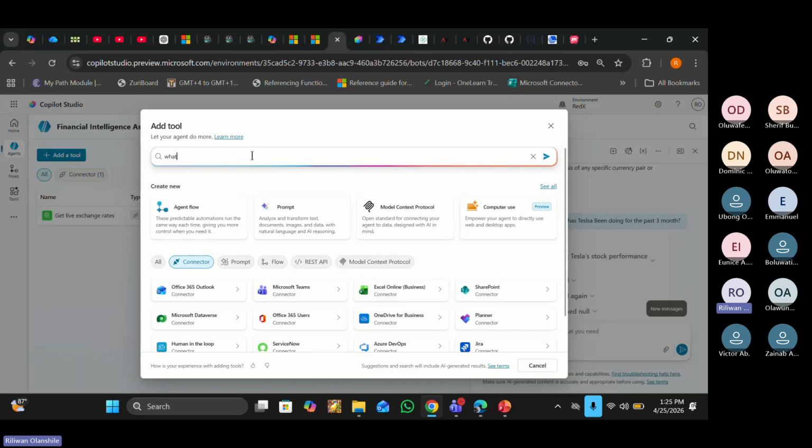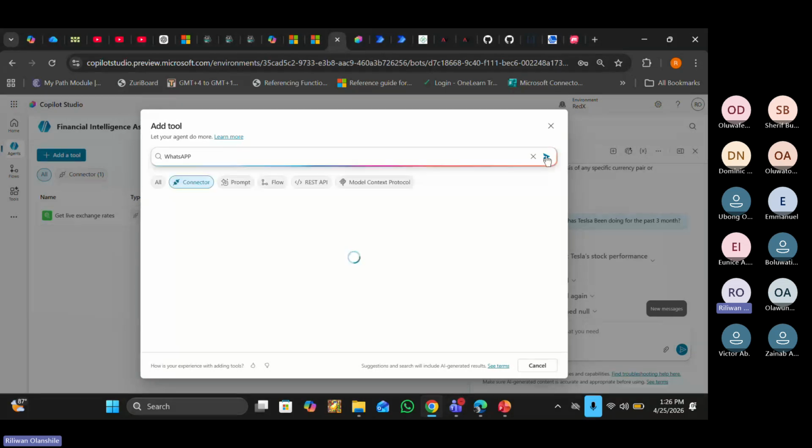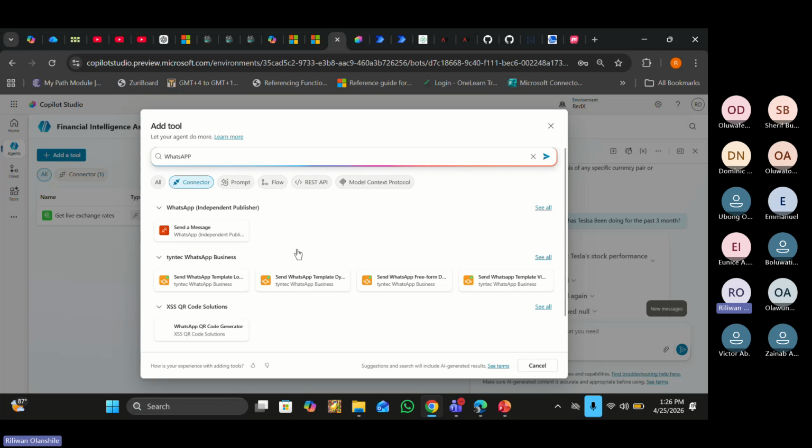Now, let me search here if I can find a WhatsApp connector first of all. Microsoft have done very well, such that sometimes you don't even have to look for some of these connectors outside. They have already built it there. You just use what they have. If it does not work for you, then let me see if we can get maybe a WhatsApp one. Oh, I don't have. So there's no WhatsApp one here, but let me see. Maybe I'm searching off the parameter. Let's try WhatsApp for all again. Oh, see, it says WhatsApp here, but I don't really trust this one because it looks like this is an independent publisher. Somebody built it and then used it.